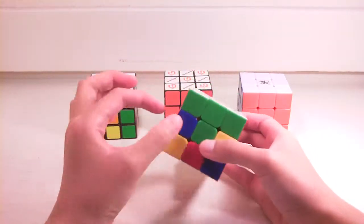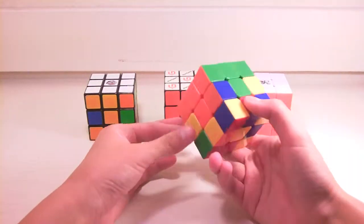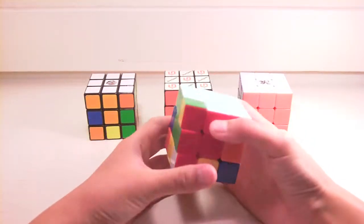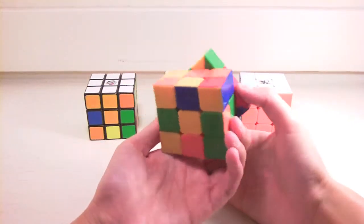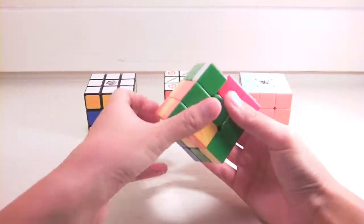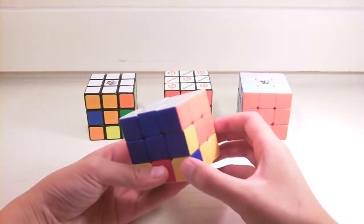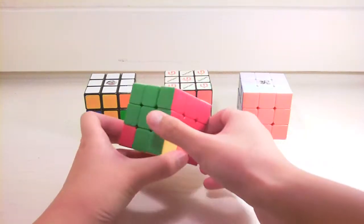Step 3 is you're going to get 3 of the 4 middle layer edge pieces. So there's 4 edge pieces. 3 of them you can solve the same way. The 4th requires something special. So I'm going to get the 3 edge pieces solved. So there's 1. There's 2. Okay, I've got 2 more to go. Okay, and here's the 3rd one. Okay, see, now you can see this edge is not correctly solved yet, but the other 3, 1, 2, 3